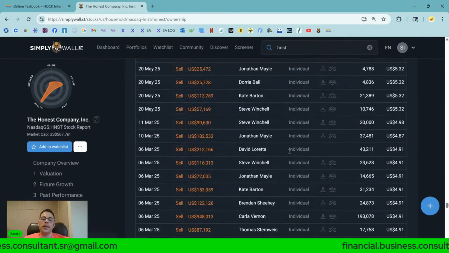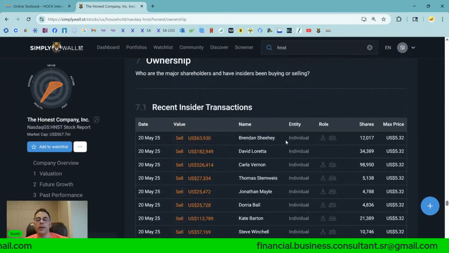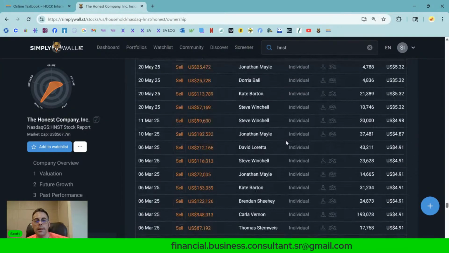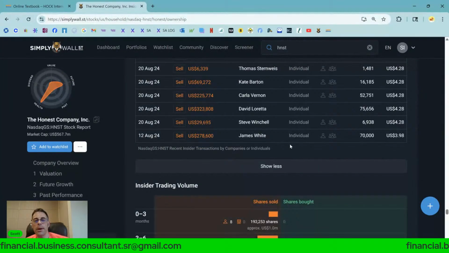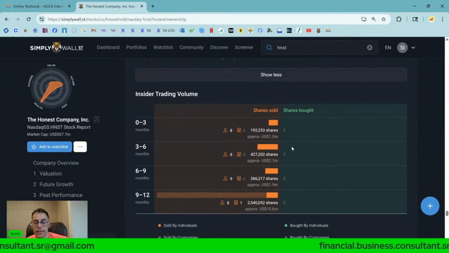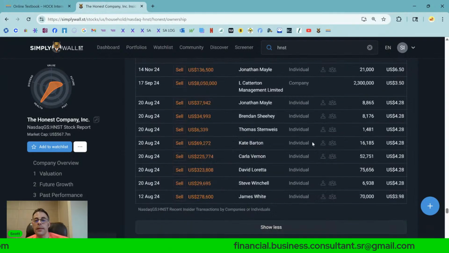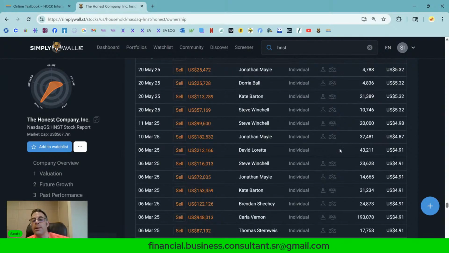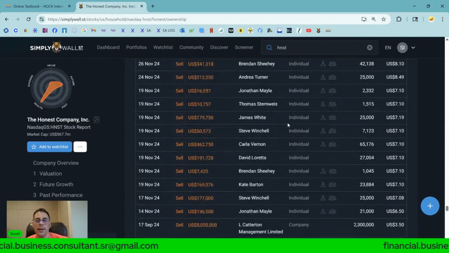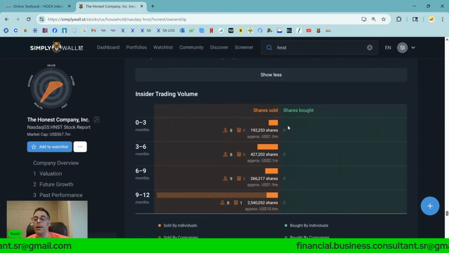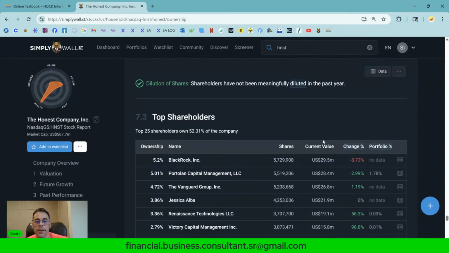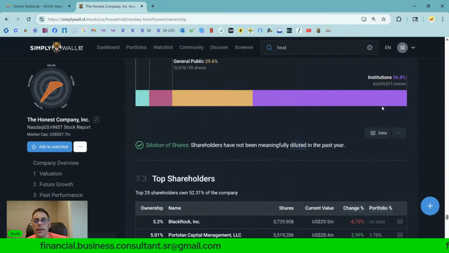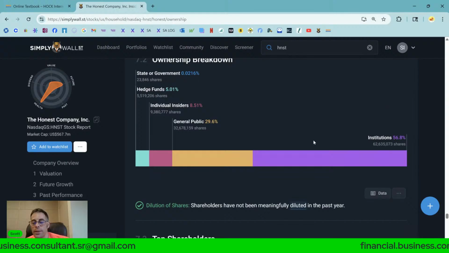And then look at all this in the past year. Look at these sells. Everybody's selling the stock. Every insider. Nobody's buying it. Not one buy. That's a pretty big red flag. I could handle a couple people selling it, but everybody is selling it. So if they don't want it, you wonder why should you want it? Okay, a lot of people own the stock.